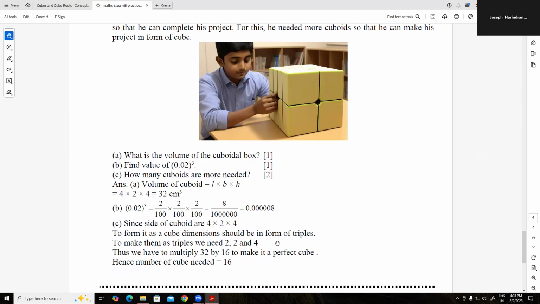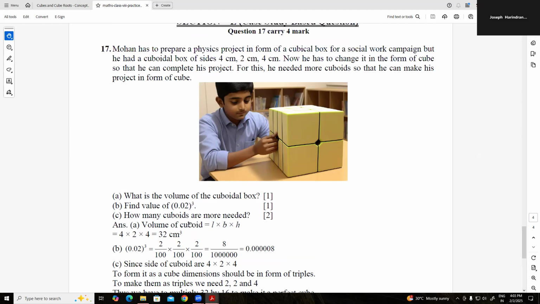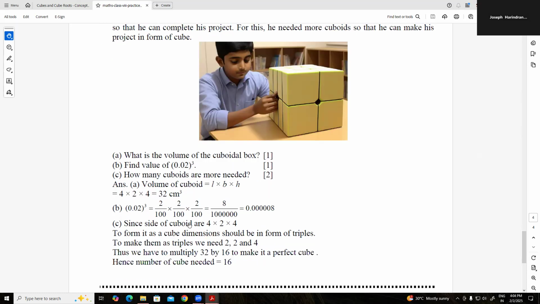The final question, the subdivision. How many cuboids are needed for this? Now, it's a question of, to make it a perfect cube, what should we multiply? The triplets are what we need for this cuboid. Of course, 2 into 2 is already there. The triplet is 2 into 2 into 2. So that is this one. So we need to multiply by,